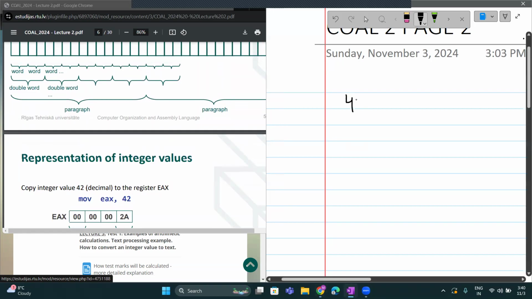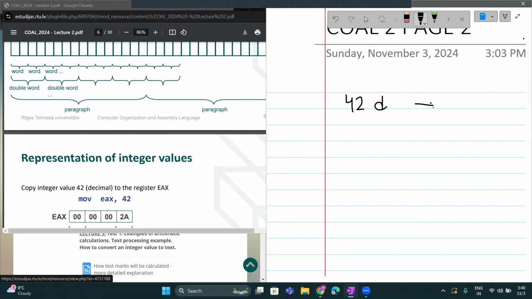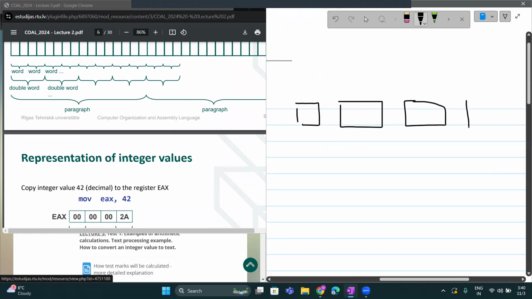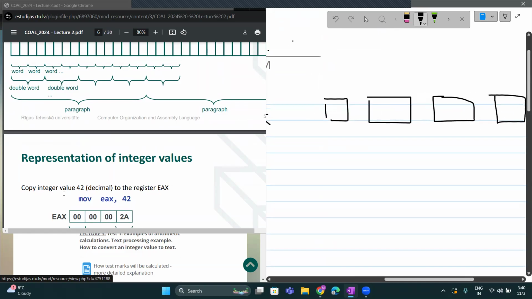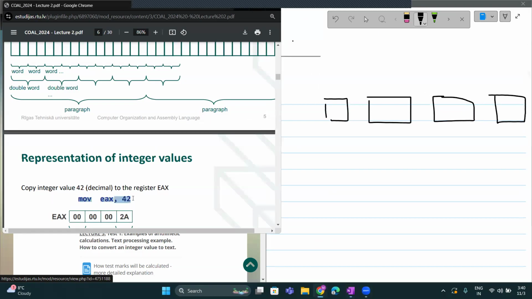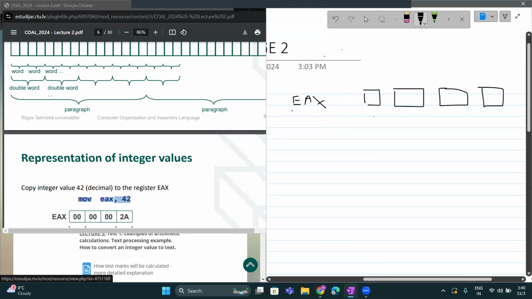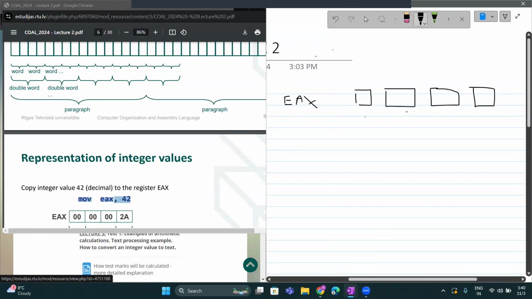So 42D into EAX. And EAX has 4 bytes. So 1, 2, 3, and 4 bytes. These instructions we will learn soon. But if we just want to represent 42 in this form, it will be